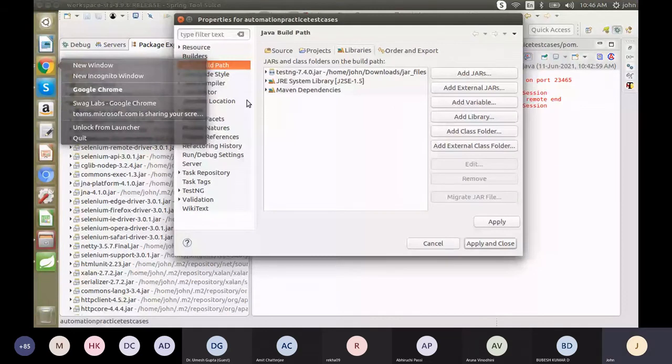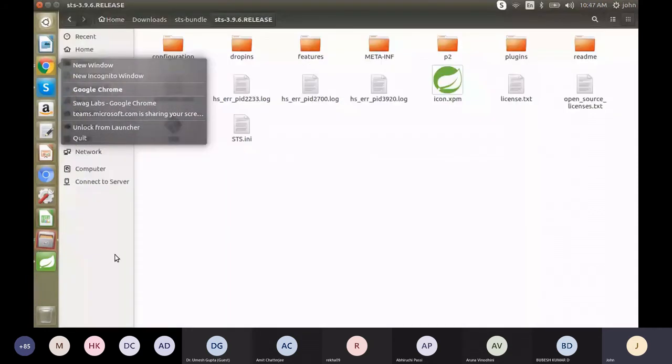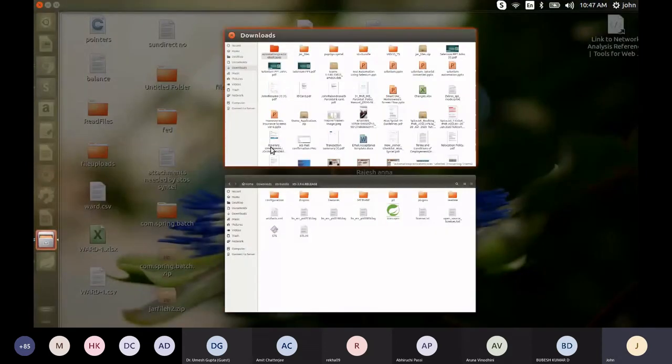So it is located in my downloads location. So you can open this location. So this is my location.